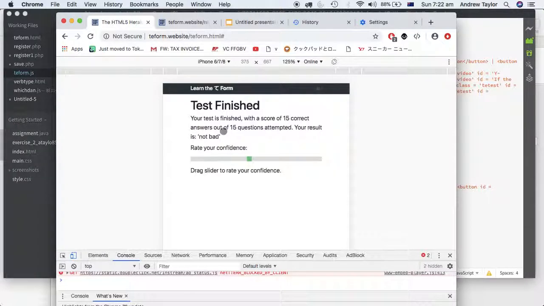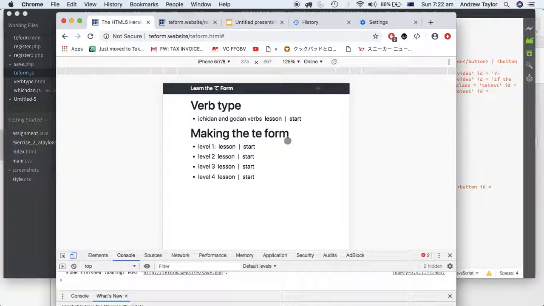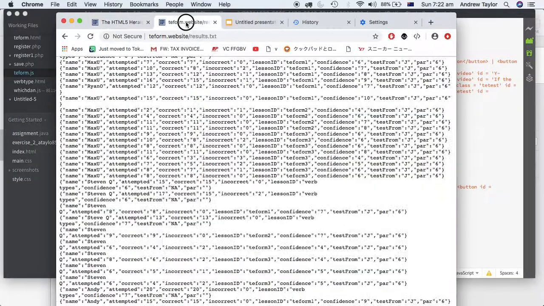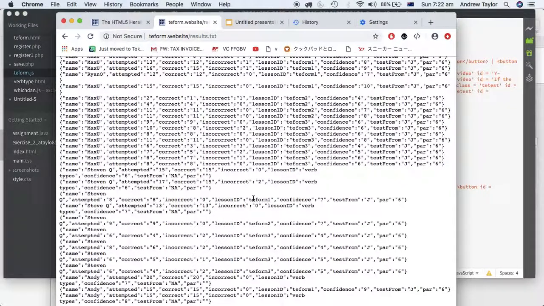So the user does that for 30 seconds, and at the end of 30 seconds they're given some feedback, and they also rate their own confidence. Once they click continue, that data is saved. At the moment, there's no evidence of the user's record. The data is stored in a format. It's just in a text format at the moment, but I'd like to do something with that in the future